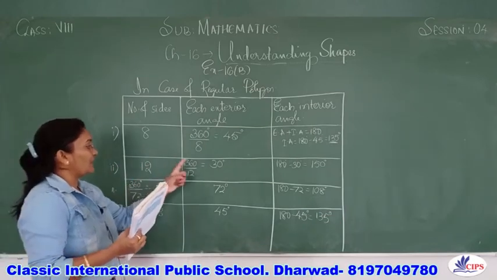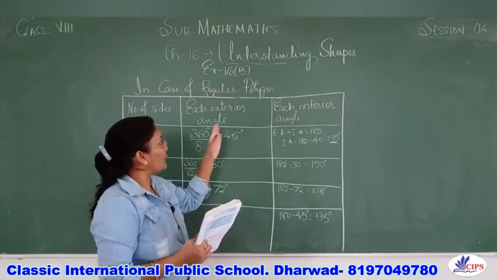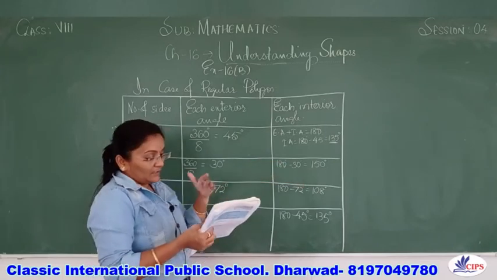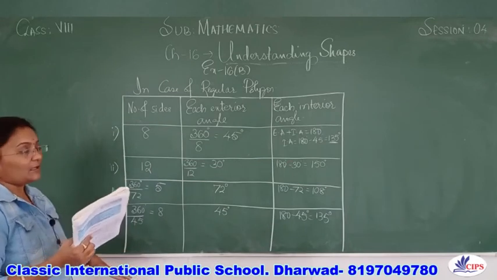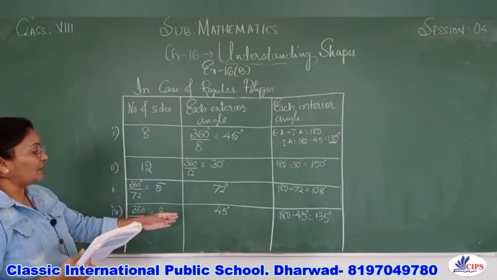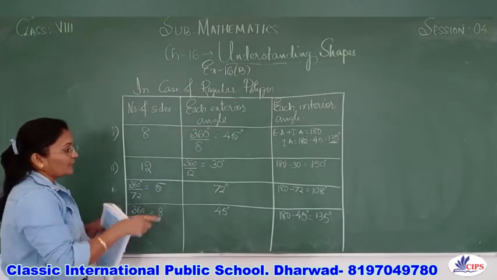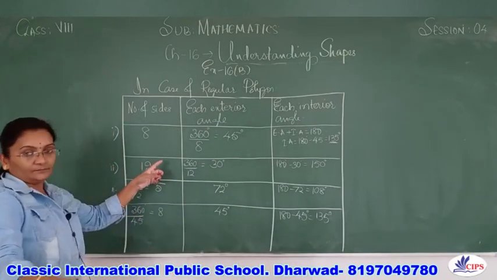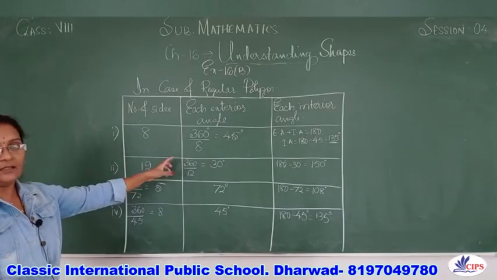Next, they have given you the measure of the interior angle. These two are interrelated, isn't it? If you know the exterior angle, you can find the interior angle. Now in the fifth sum, they have given you the measure of the interior angle. Using that, you can find the exterior angle, and then using that you can find the number of sides. The fifth one I will do here, so I will erase this and do it here only.